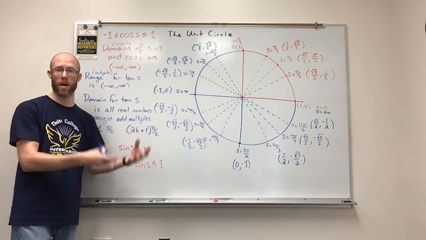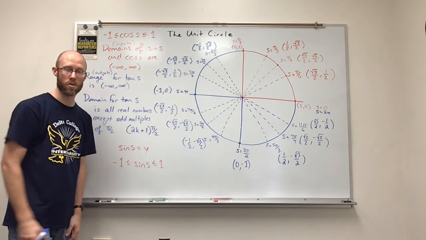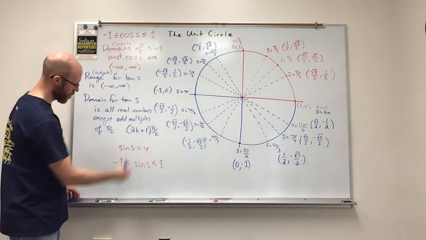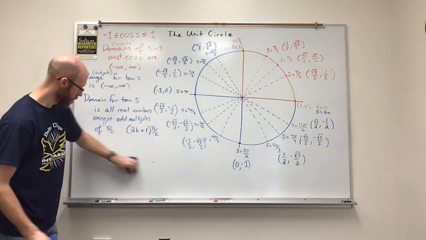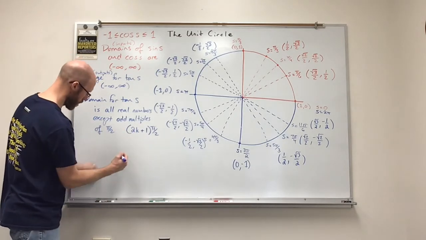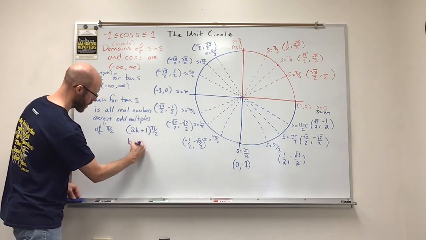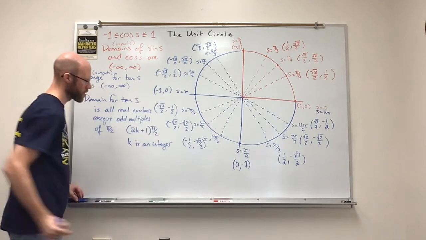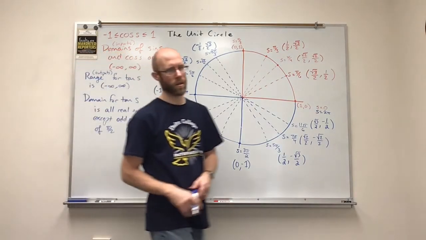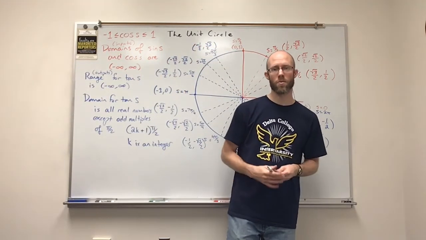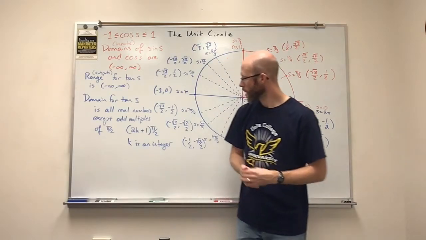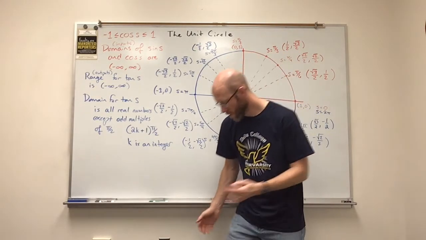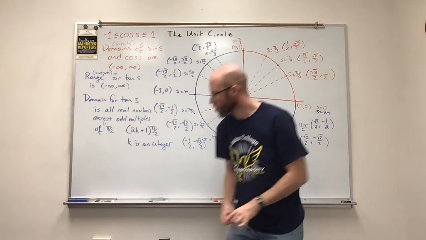That'd be like your 1 pi over 2, 3 pi over 2, 5 pi over 2, and so forth. Of course, in this representation, that variable I put in for k has to be an integer, like plus minus 1, plus minus 2, plus minus 3, and so forth. Okay, so